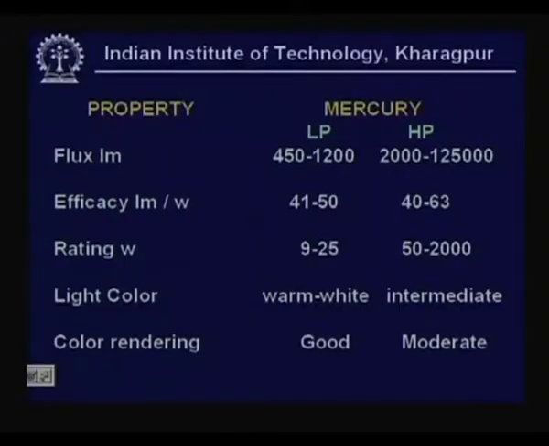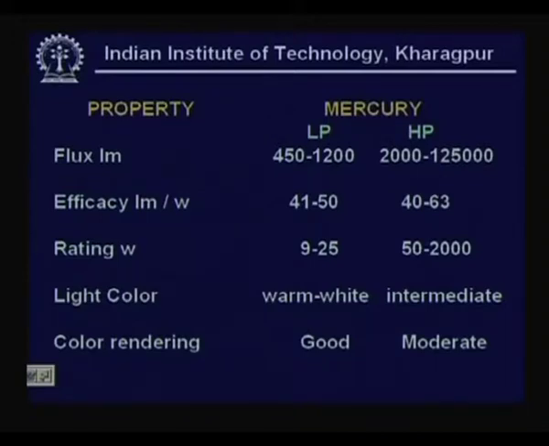Let's look at the mercury lamp. Here you have both low pressure and high pressure. See, lumen wise, the low pressure ranges from 450 to about 1200 lumens. It's comparable to what you had in case of an incandescent lamp. So it's quite possible that with certain additives like halides in the envelope and providing some phosphors, it may be a good idea to get low pressure mercury vapor lamps